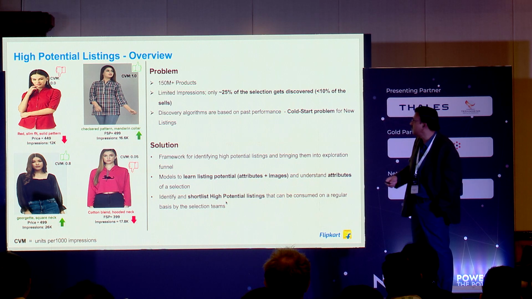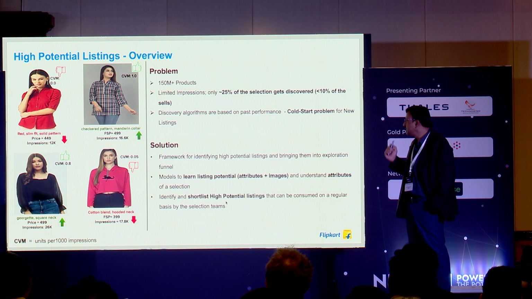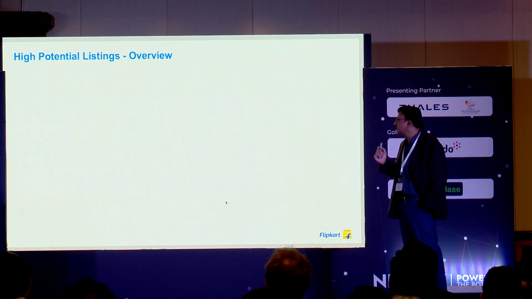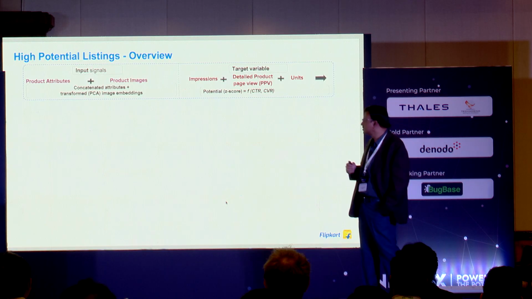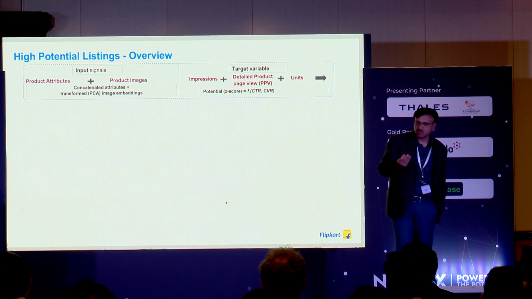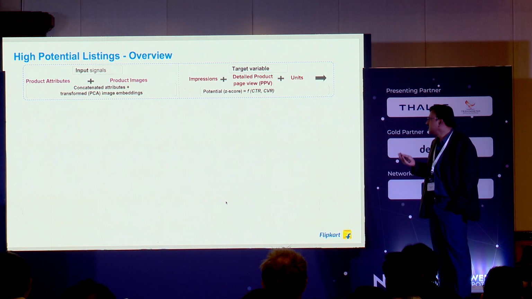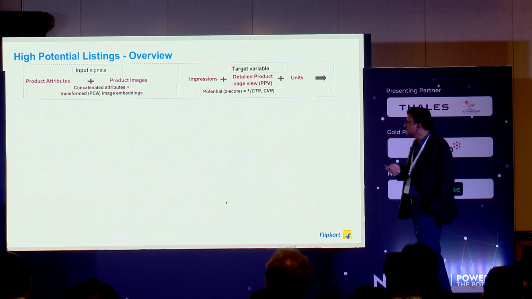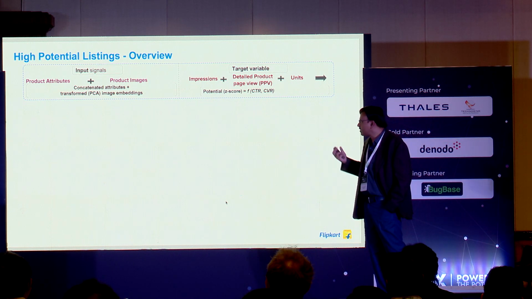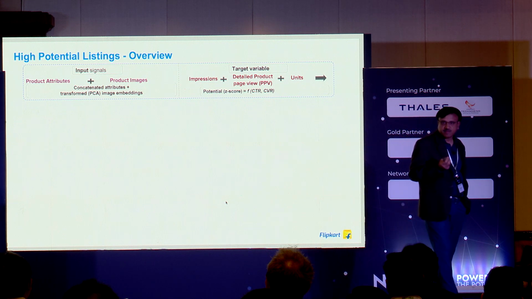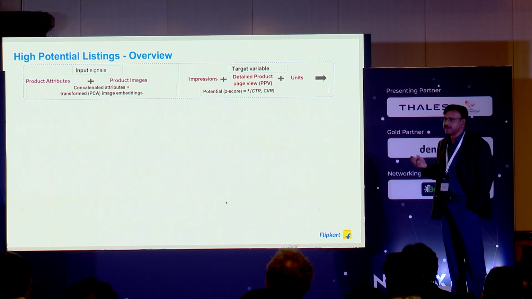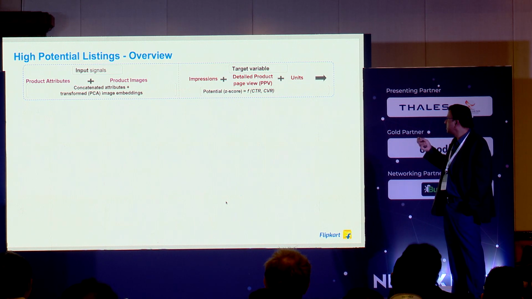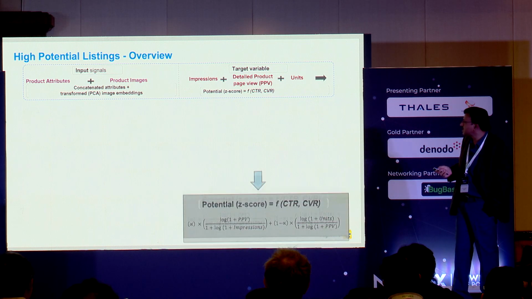That is the problem you are trying to solve. For that to happen, we have to build something algorithmically on what is a high potential listing. So we build a model. It's a sort of FeTA model, but basically there are a bunch of input signals. These could be product attributes and product images, from which you extract image embeddings and so on, and do some dimensionality reduction through PCA. And the target variable here is what you are trying to